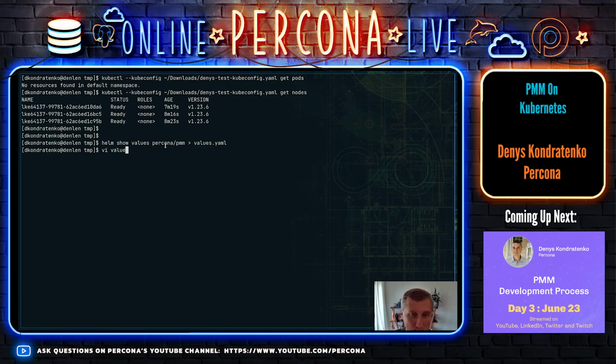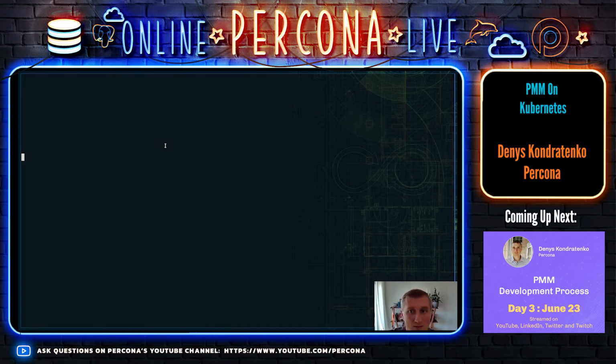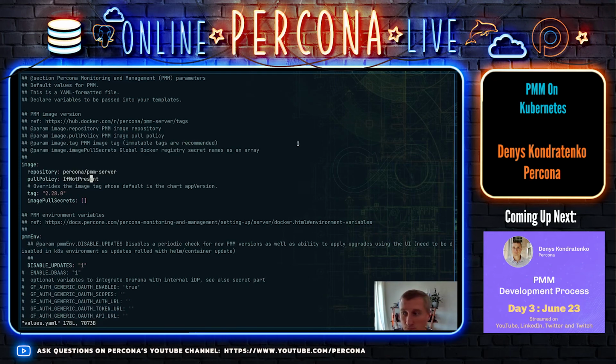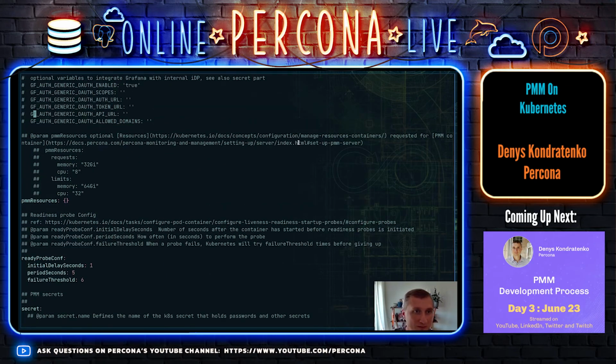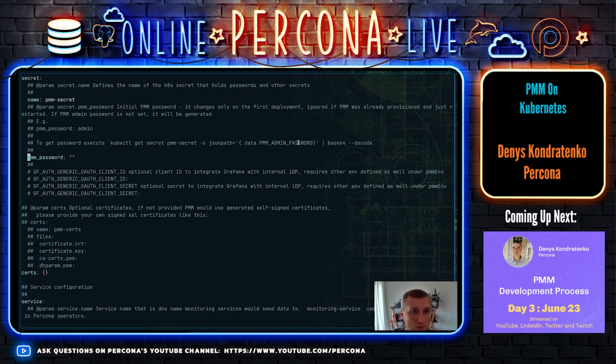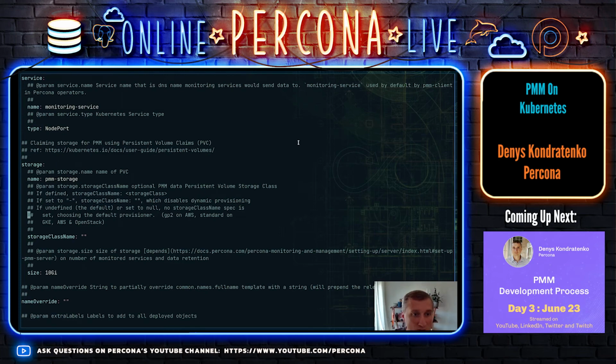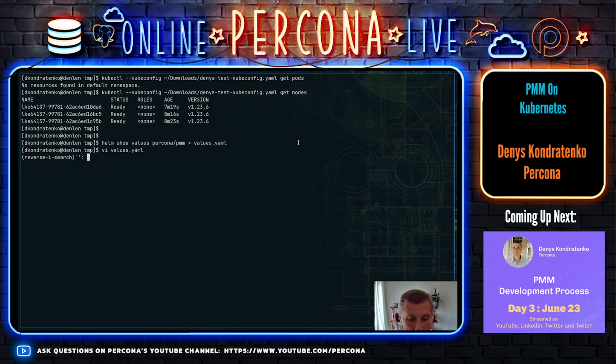So let's do by values. So here is our file, to the 28. I don't need to enable DBaaS. I will not demonstrate that, but I will recommend it anyway. So password, some pass, okay, anyway, and storage class, right? Here I need to specify the storage class, and I would use this Linode block storage retain. Okay, so let's install